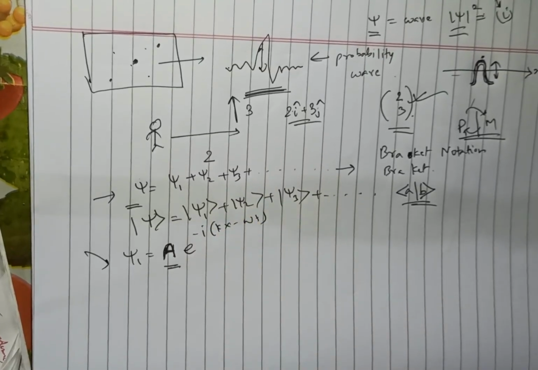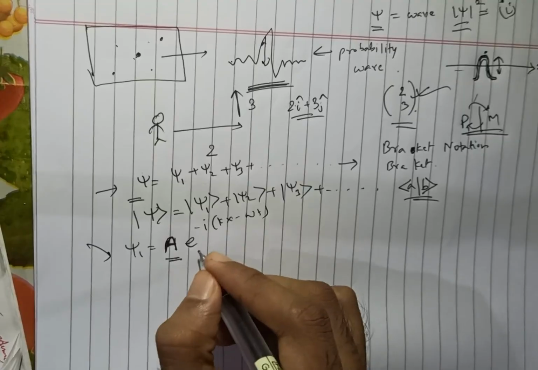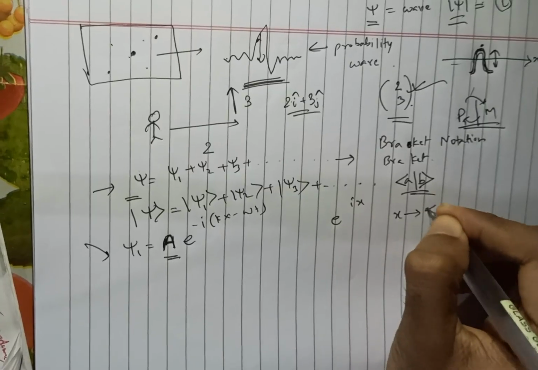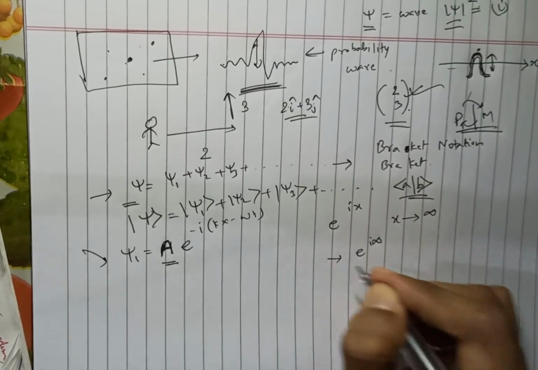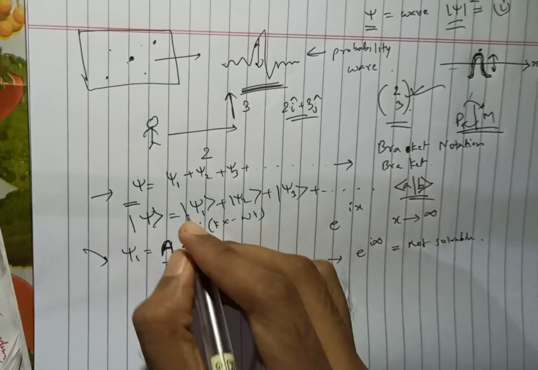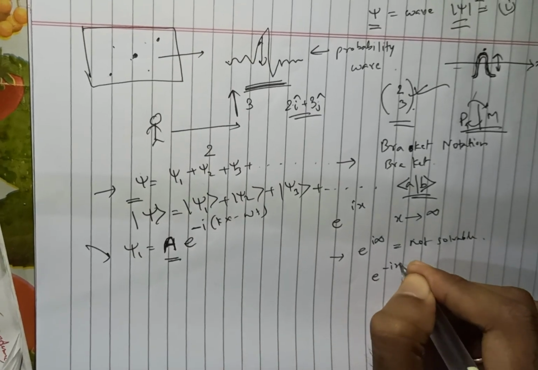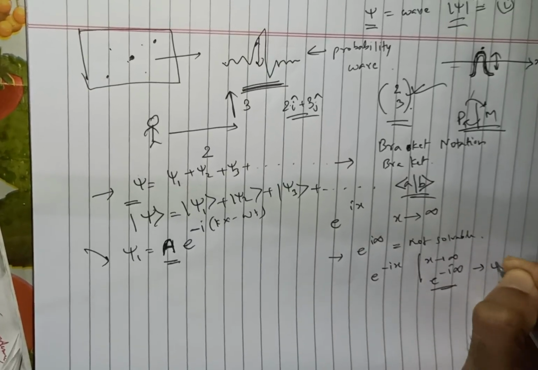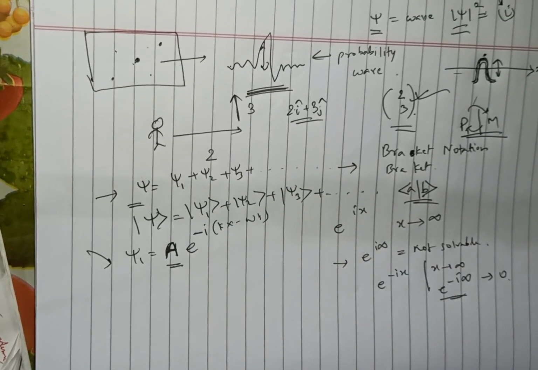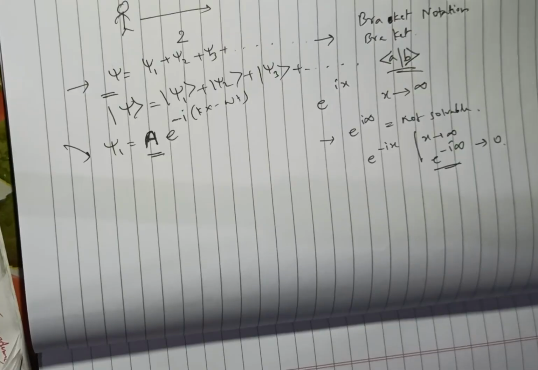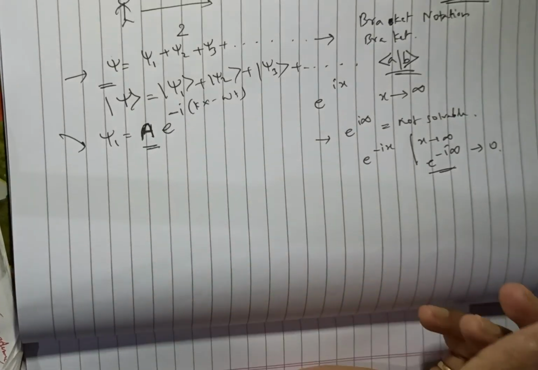Let us put a minus sign here, or else when x tends to infinity, this wave function is not going to terminate. If e to the power i x is there and x tends to infinity, e to the power infinity it becomes. That means that this is probably not solvable. That's why we put a minus here, because if e to the power minus x is written and x tends to infinity, then we get e to the power minus infinity, which tends to 0. But we do not write t tends to infinity, because obviously we are not conducting an experiment for infinite amounts of time, but we can have an infinite amount of space in this universe. So this is more feasible to write.